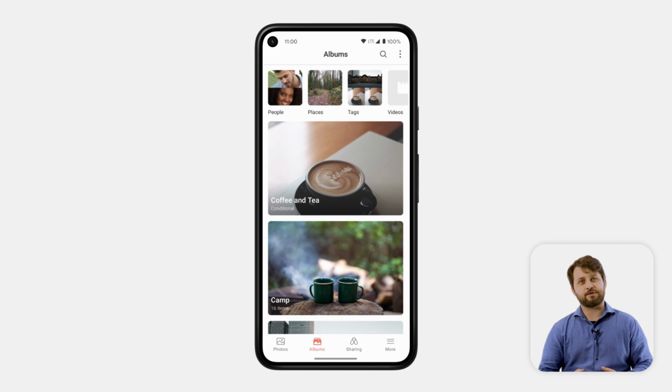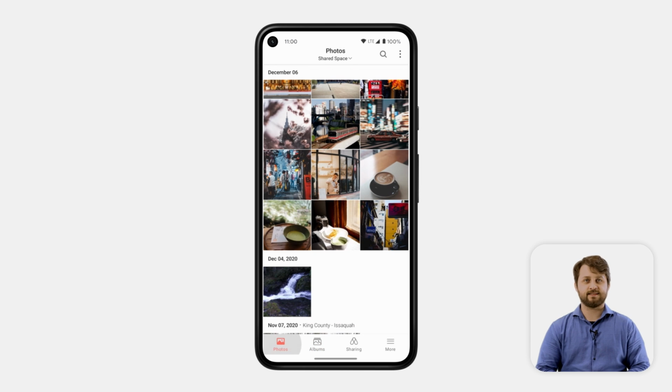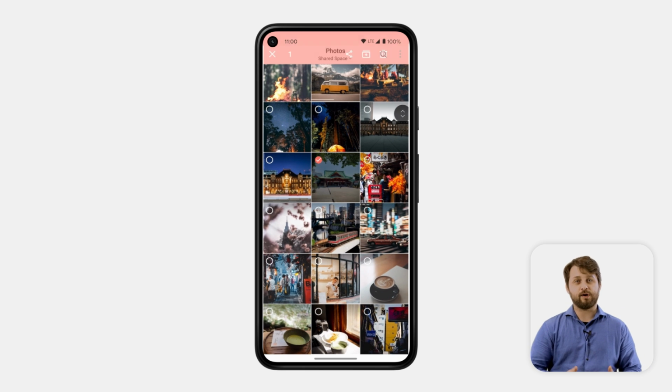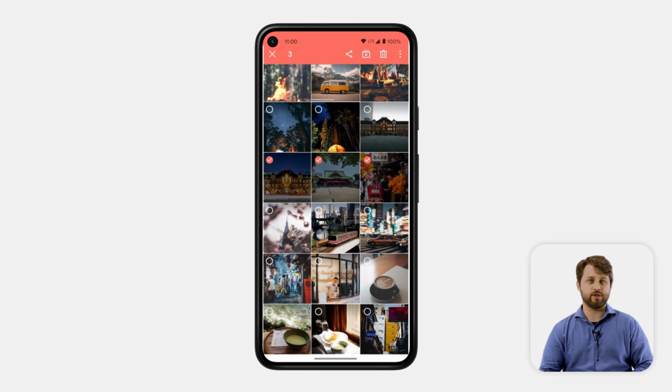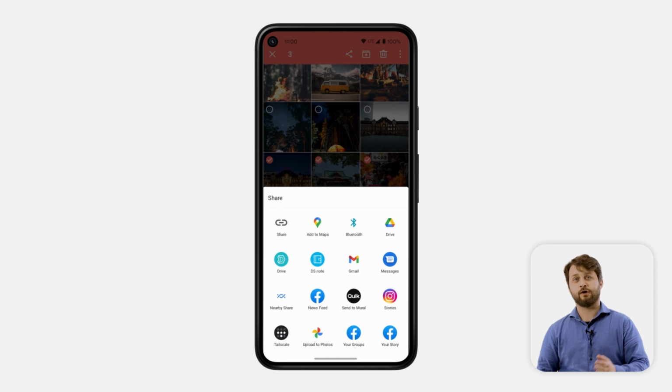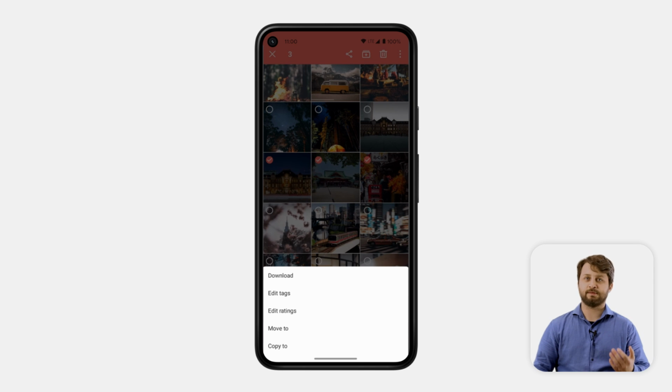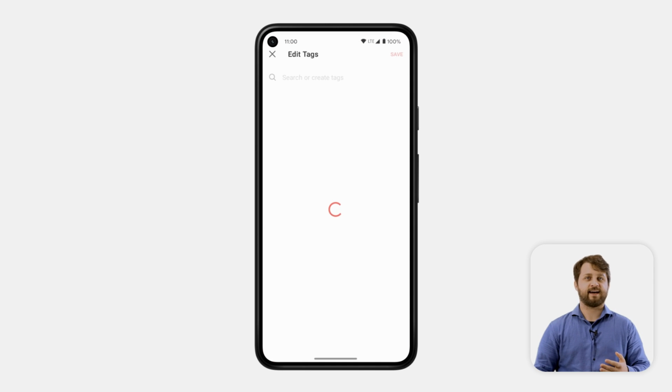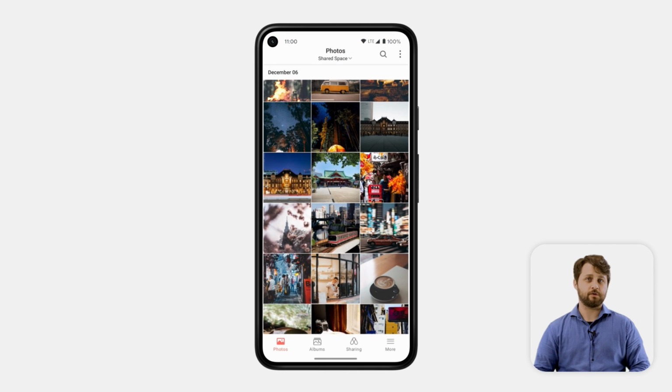Now, what's really cool about the Synology Photos application is that you can actually select the photos and pretty much interact with them the exact same way you would whenever you were using the Synology Photos application directly on the NAS. You can highlight a photo or multiple photos and easily share them out through your phone, or you can place them into an album or even add tags to them or move them around, download them, whatever you need to do, you can all do it through the Synology Photos app.